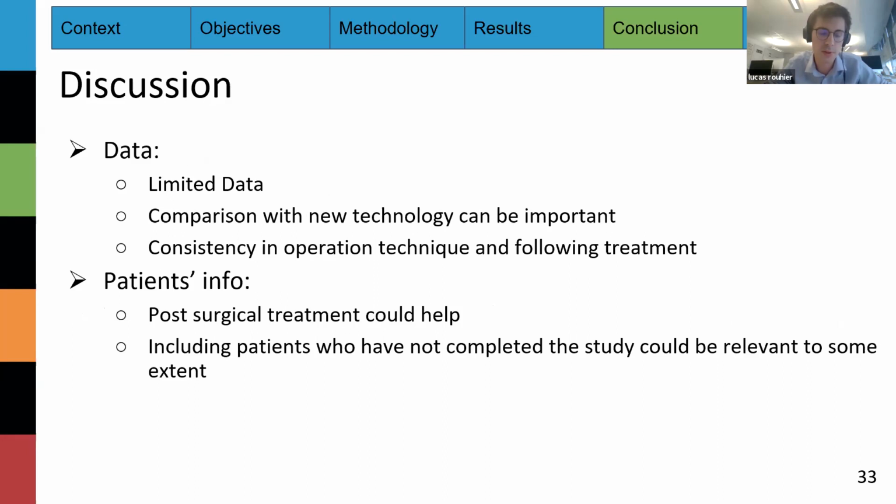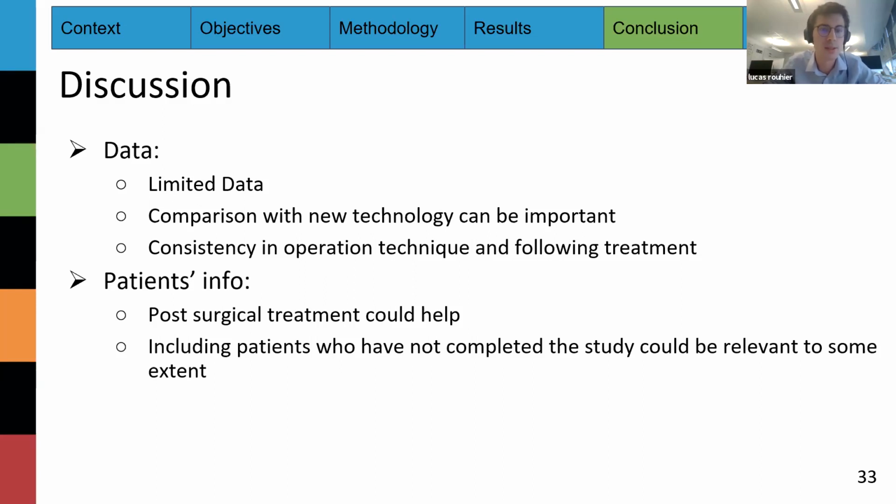So the consideration that you need to have regarding this study is that we still have a limited amount of data, which is problematic when you are using machine learning and deep learning, because these are example-based methods, which means that they are only as strong as the data that you can feed them. And comparison with new technology can be important, especially since right now the research is going towards diffusion imaging in MR research, of course.